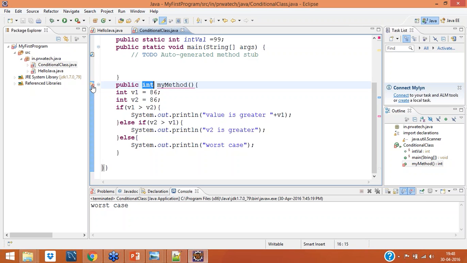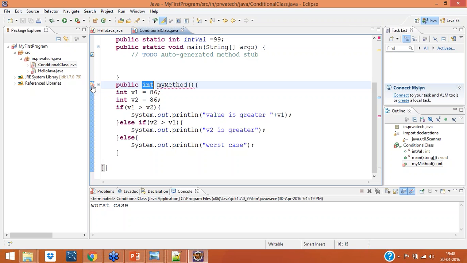Let me tell you one thing: if you are writing some code and you format this code, it will align it. So this my method is here, I can run this, I can call this my method.